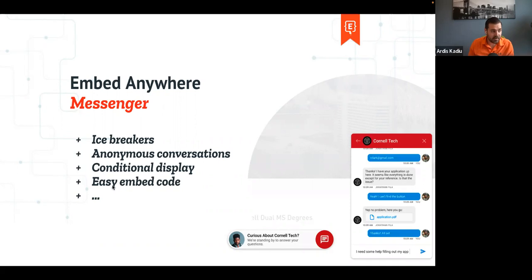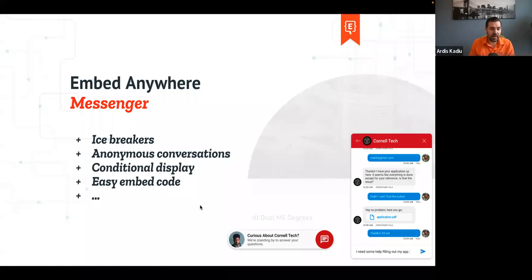And then the last thing is, obviously there's a lot more in here, but easily embeddable code. They're very easily embeddable, right? So now you can just take that code that we give you, and then you can embed it, and you can add it through Google Tag Manager, or you can give it to your web administrator and they can add it. But essentially, as long as you add it to the page, then you will embed conversations.